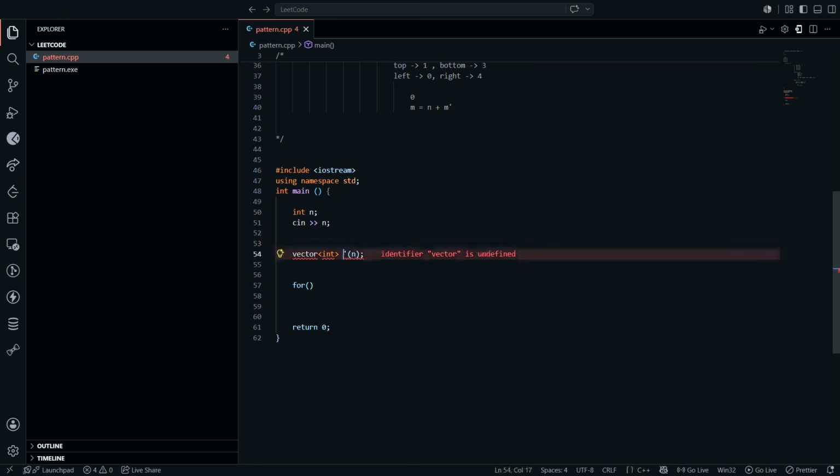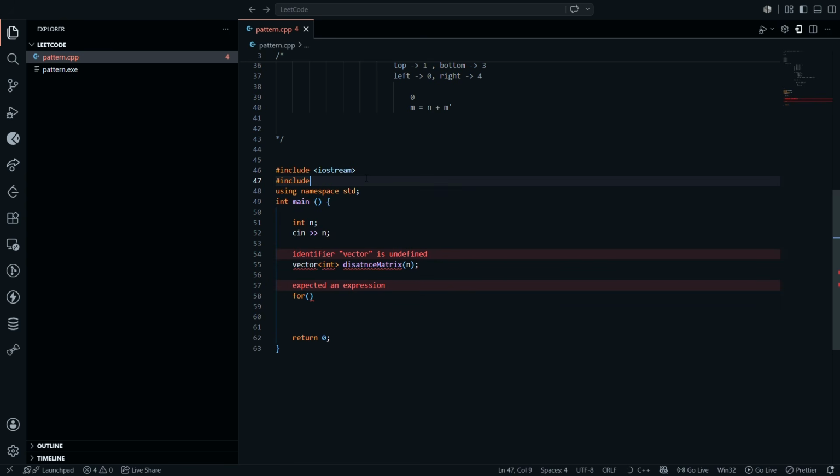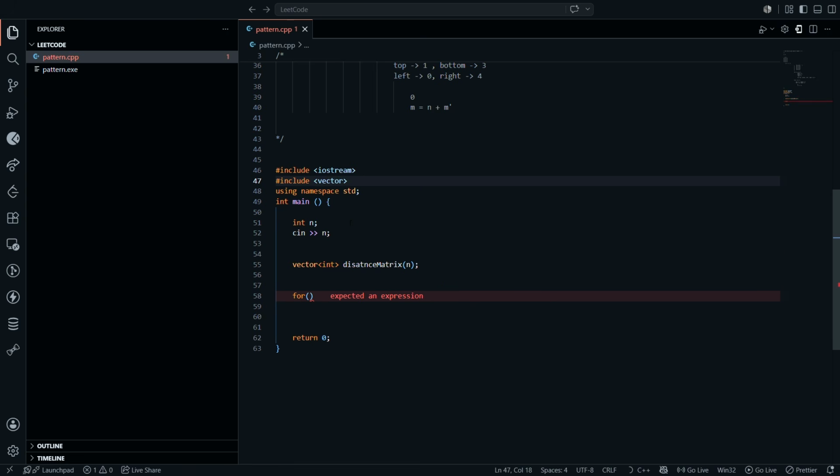Let's suppose distance matrix. Okay, hash include vector. So firstly we have to calculate distance for,